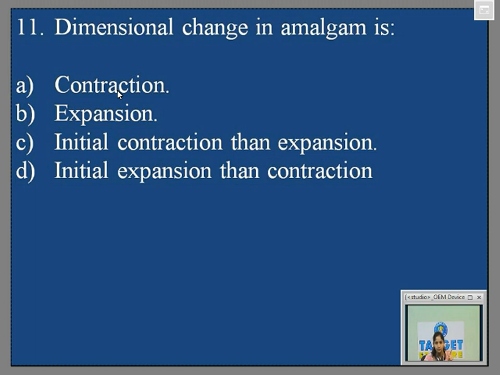Second, you use amalgamators. These amalgamators ensure there is an increase in speed while you're mixing, and an increase in trituration energy, as a result of which the entire reaction is very fast, due to which again there is net contraction. So the second reason is that you use high speed amalgamators. They cause faster consumption of mercury, with increased speed and increased trituration energy. Because of faster consumption of mercury, there is again net contraction.